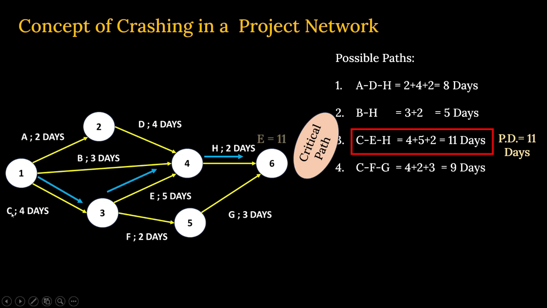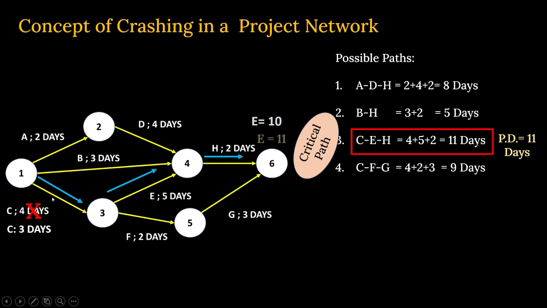Suppose, let us take one example. Let us take up the activity C, and it is completing by 4 days. This is the critical path. If you want to reduce the project duration time, then you have to reduce the time here. I'm taking it for example. So instead of 4 days, if we can make it by 3 days, then what will happen? Your earliest finish time on node 6 or the project duration time will also be reduced by 1 day, isn't it? So earlier it was 11 days project duration time, now it has reduced to 10 days